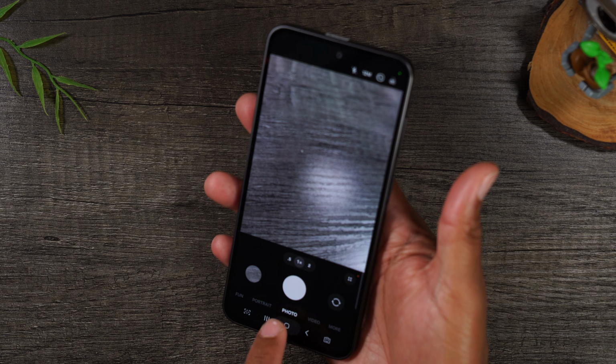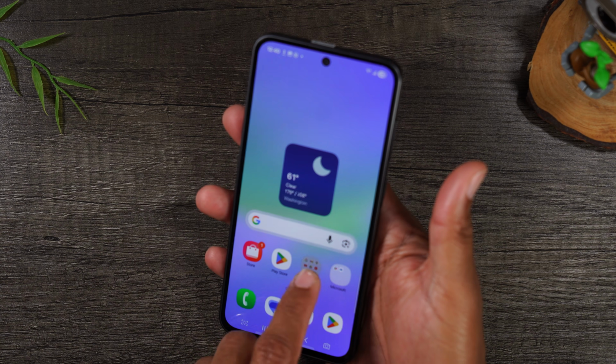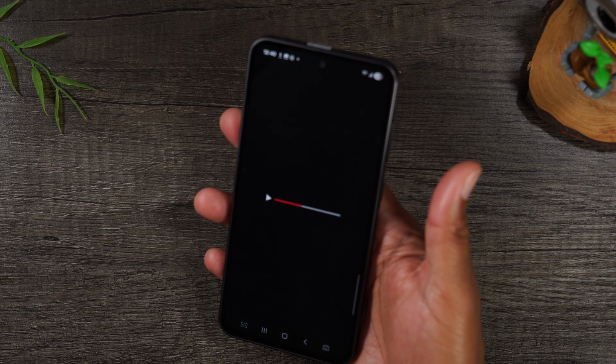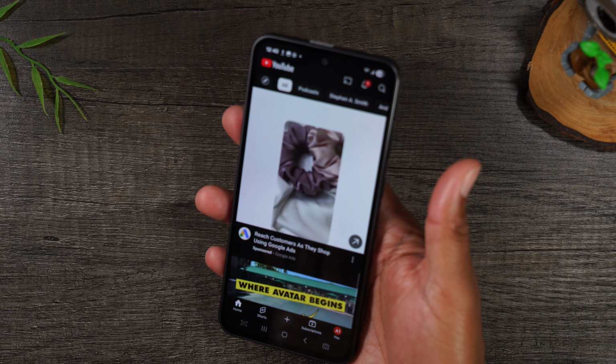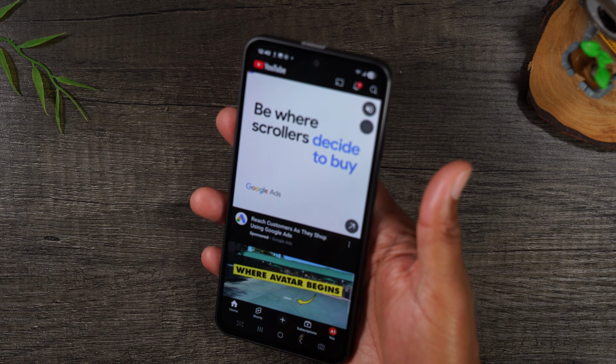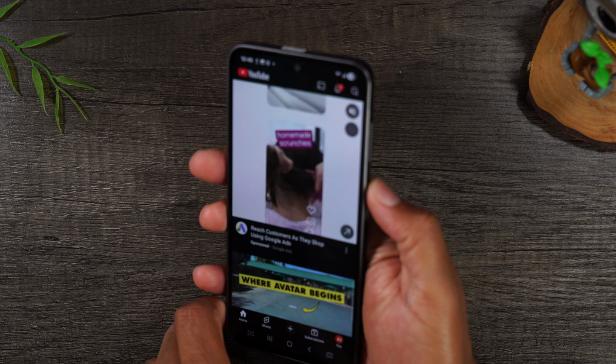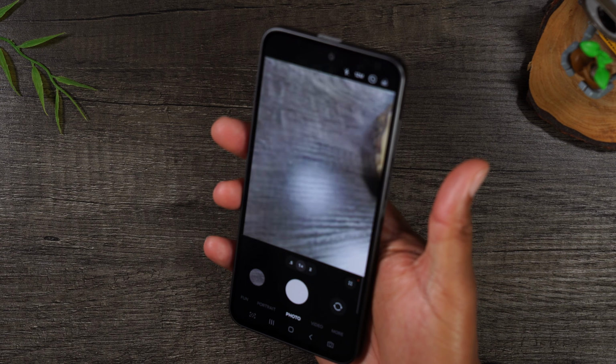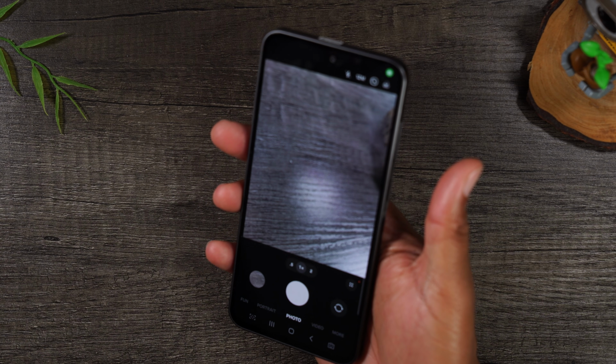Now, this also works if you're in another app. Maybe you're in YouTube and you're watching a video, and all of a sudden your dog does something crazy and you're like, oh, get the phone, we gotta capture it really quick. Double tap on the power button. It'll automatically take you right to the, excuse me, right to the camera app and allow you to